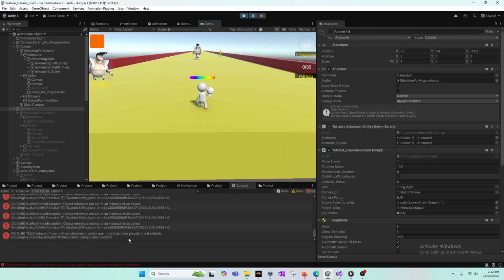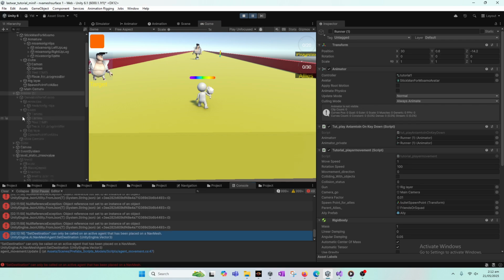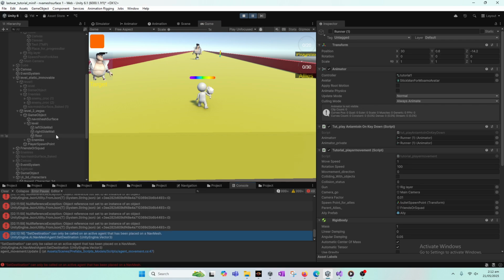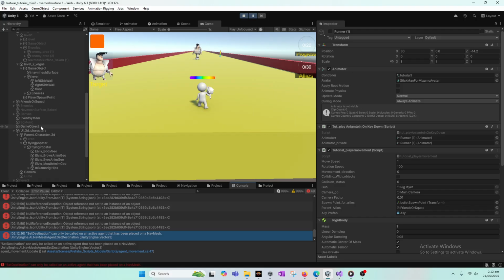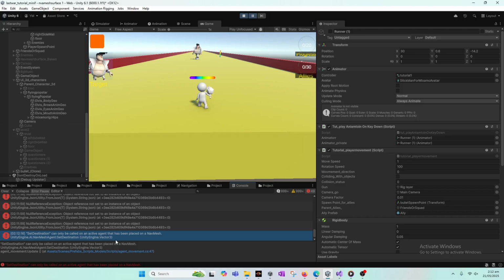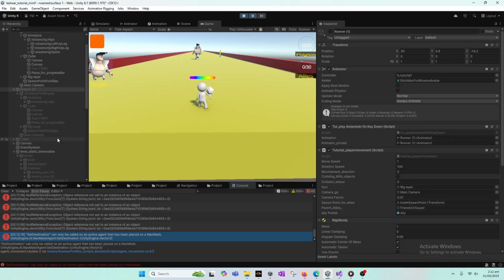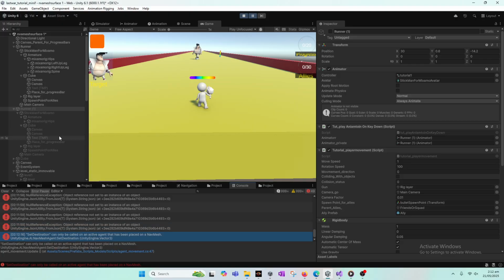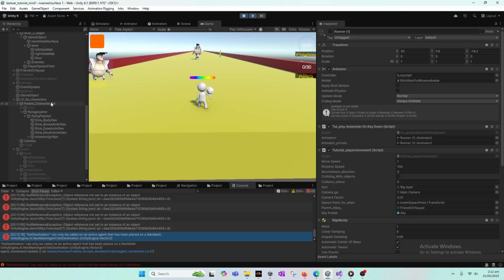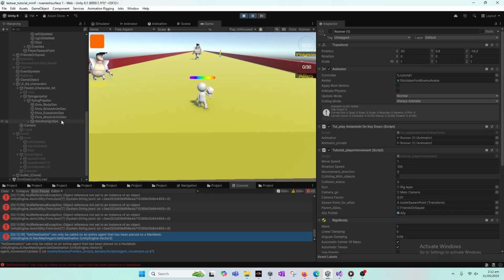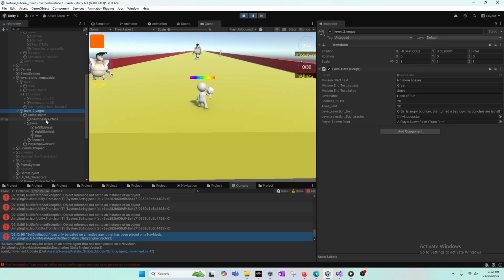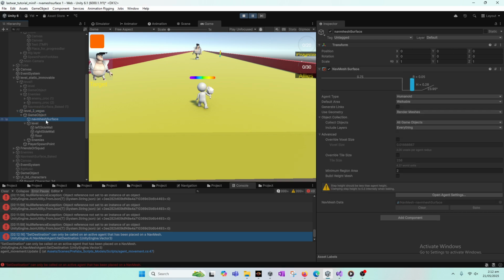And here it says that set destination can only be called on an agent that is on a NavMesh. So what this means, and for which this is giving an error, is, if we can see, that is for the enemy, inside our level 2. This is our level 2. This is NavMesh surface baked,